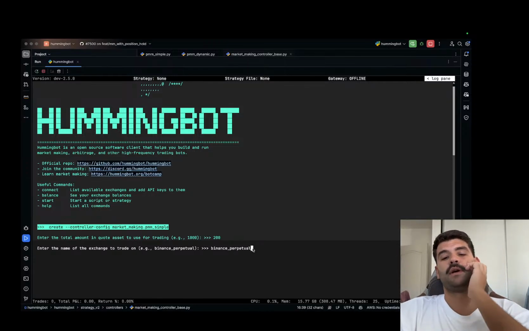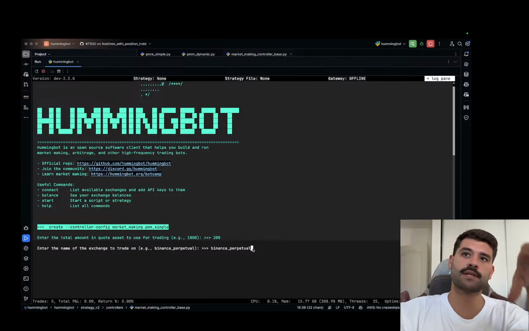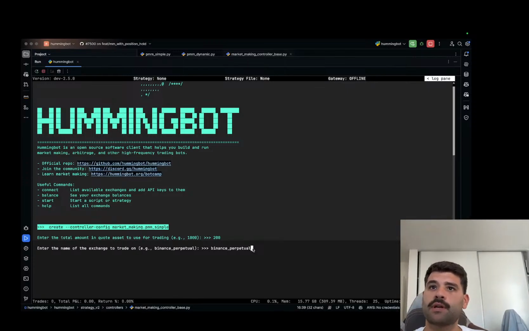inventory, because in spot it is solved in the market making controller. But the way that I design these strategies is that they work in spot and in perpetual with the same controller. That's something very interesting, because you don't need to rewrite a new strategy to run it in perpetuals. You can just run the same strategy in spot as in perpetuals. The only way that I was able to accomplish this